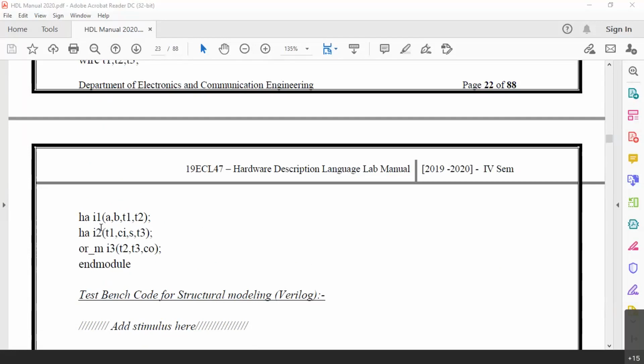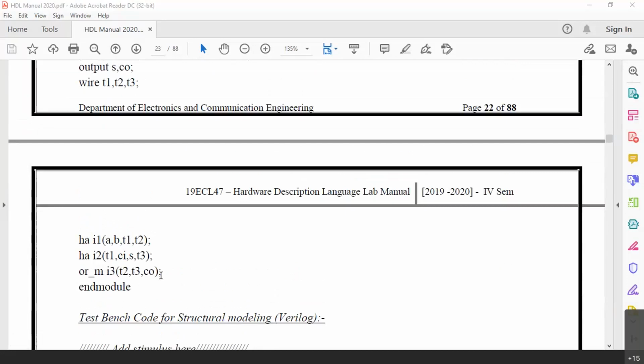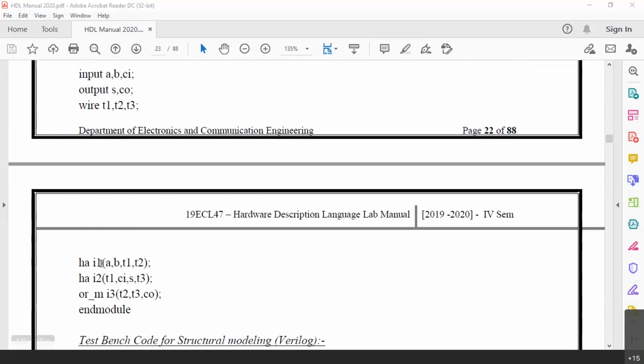Finally, the OR gate, instance 3, I3, with T2, T3, CO, and then end module. You can give these instance names in any way. It does not matter, it is up to our convenience. I have given I1, I2, I3 here and A1, A2, A3 there. That also can be changed, no problem at all.